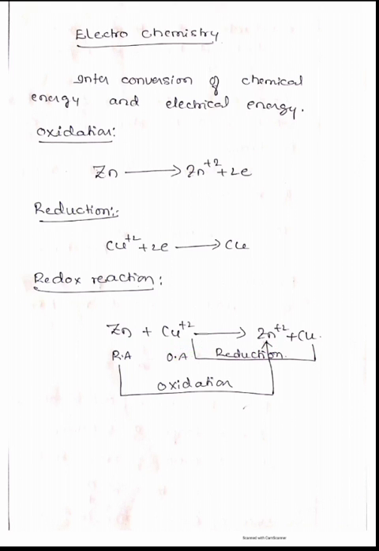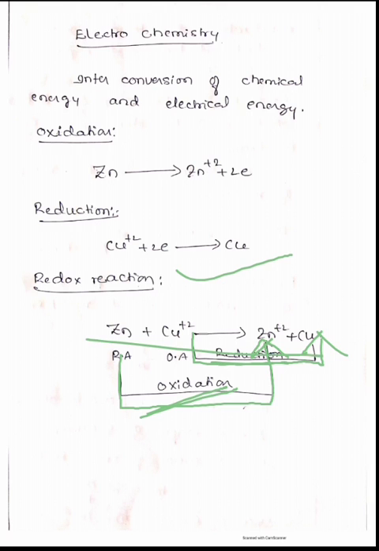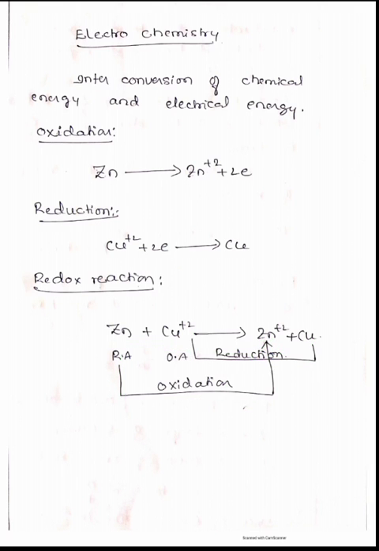So the conversion of Zn into Zn2+ can be taken as oxidation reaction, and the conversion of Cu2+ into Cu can be taken as the reduction reaction. So a reaction in which both oxidation and reduction reactions occur simultaneously can be taken as a redox reaction. So for that we have taken the example of zinc and copper. Okay. So in this reaction,